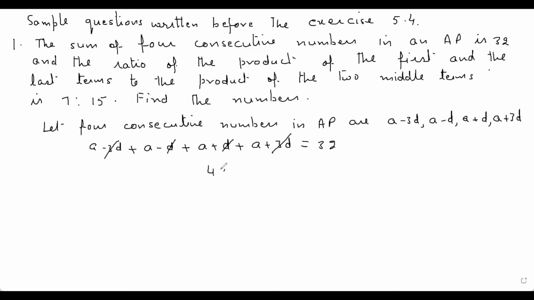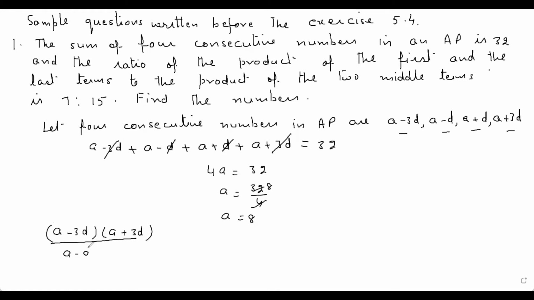I have 4a is equal to 32. a is equal to 32 by 4. 4 8s are 32. It means a is equal to 8. Now the ratio of the product of the first and the last terms to the product of the two middle terms is 7:15. (a minus 3d) into (a plus 3d) upon (a minus d) into (a plus d)